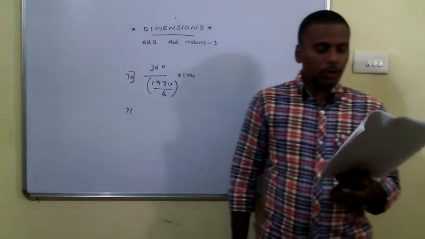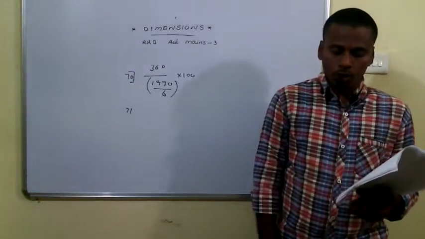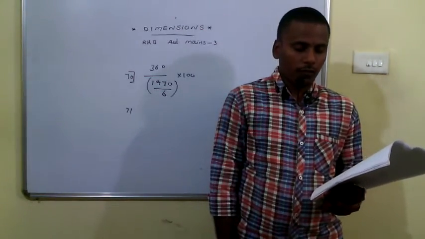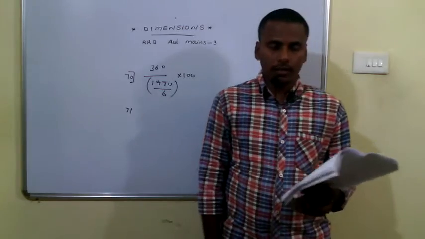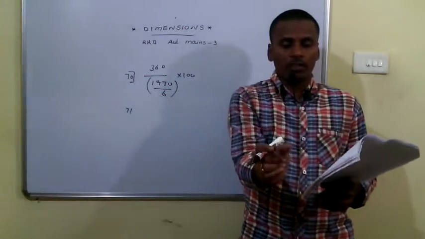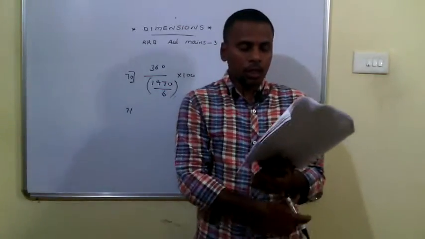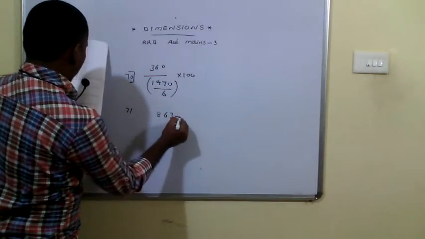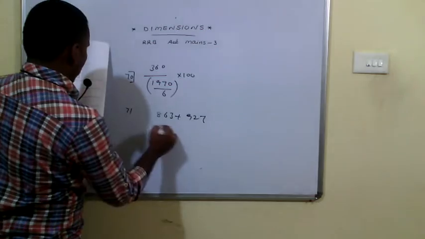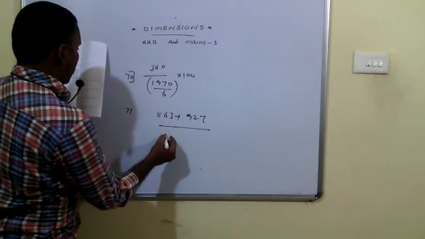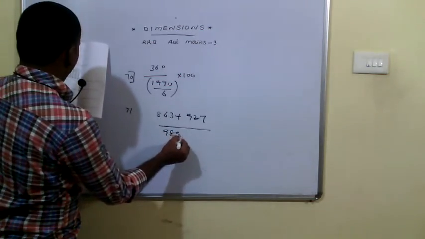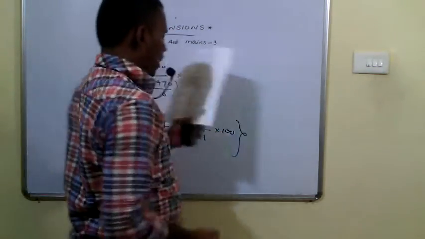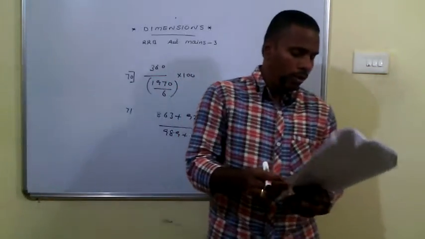Okay. Then coming to 73rd, the total production of 6 companies in the first 2 given years is what percentage of the last 2 given years? See, year-wise total production is indicated in the last row. The total production of the 6 companies in the first 2 years is nothing but 863 plus 927. This is what percentage of the last 2 years? That means (863 plus 927) divided by (989 plus 991), into 100, will give us the required percentage.